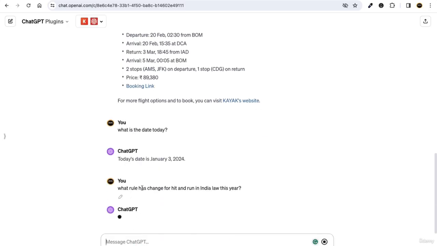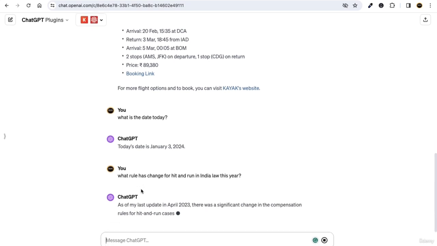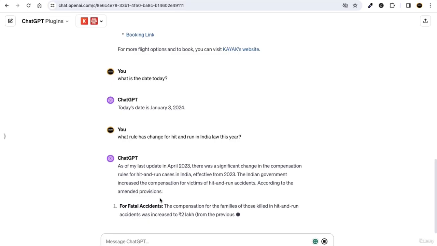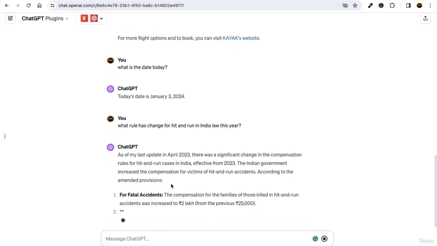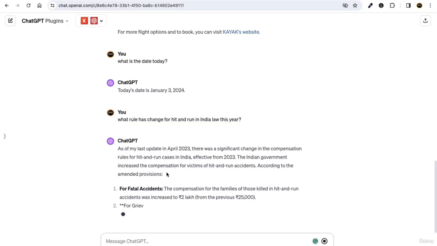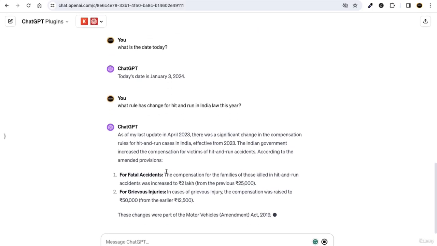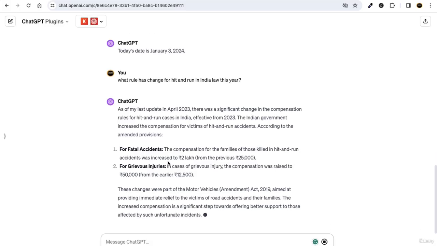Click on the enter button, and now it will just fetch the real-time data, okay, and it will also give you the answer with the plugins as well, right? So if you just wait for the complete response to see how it works,